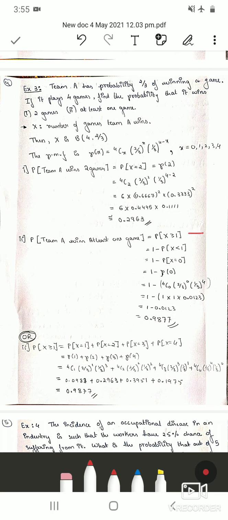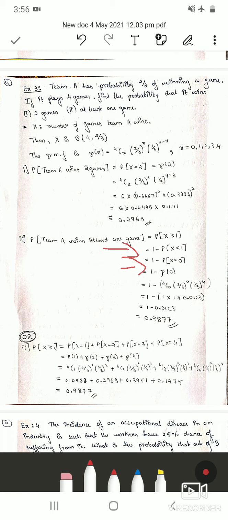So we want to calculate probability of x is greater than or equal to 1. Instead, we will take the complement, which is 1 minus probability of x is less than 1. So here there is equal to 1. If there was just greater than sign, then it would be probability of x less than or equal to 1. In earlier case, we have already included 1. So in the complement, we are excluding 1. So therefore,